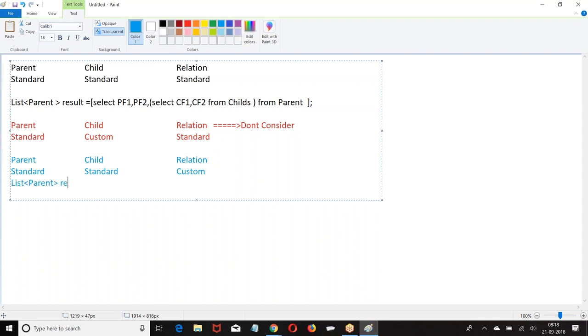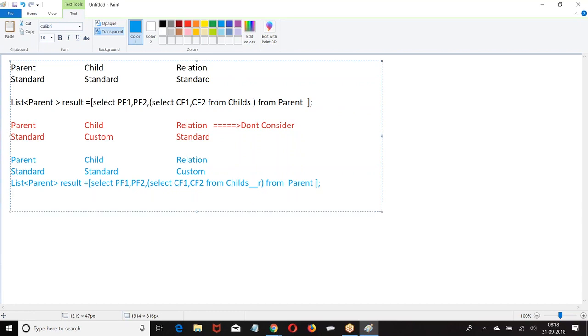List of parent... from... we need to use underscore.